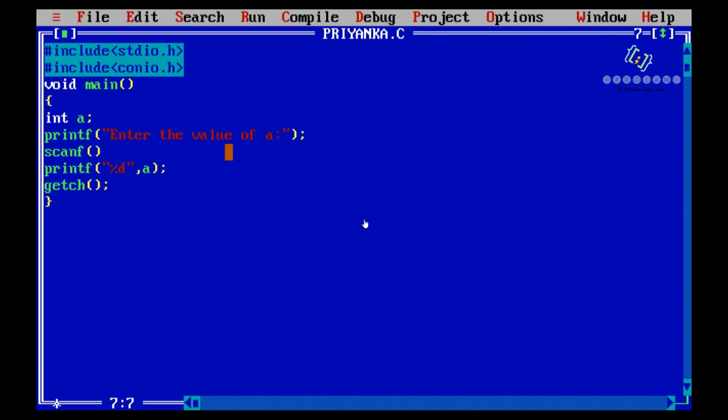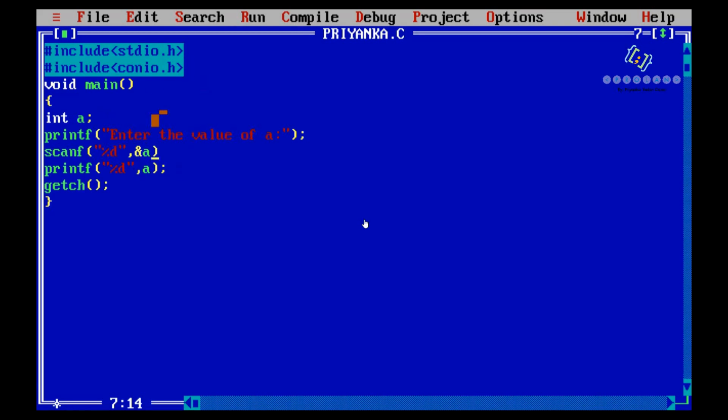Now what is the syntax of the scanf statement? The value which I'll be scanning is of type integer, because I have already mentioned the type of variable as integer. So a will be storing integer type of data. So the format specifier will be %d, and where I'll be storing it, ampersand a.